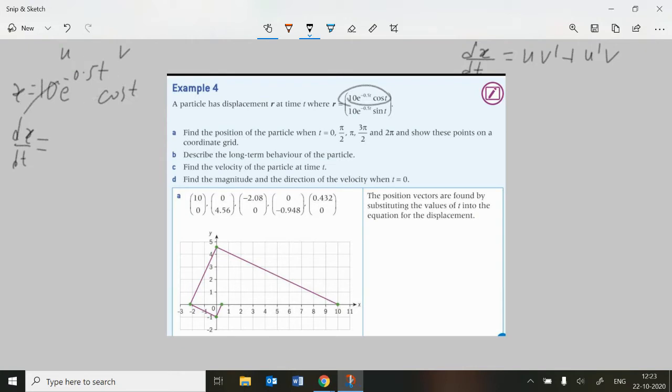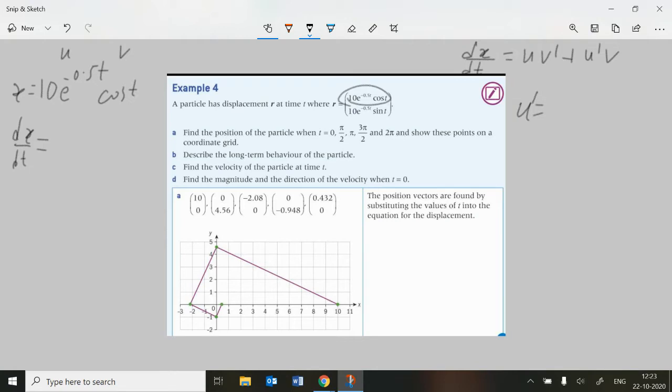Now, we could leave the 10 out and differentiate this and then multiply everything by 10 at the end. Maybe that's easier, but I think most people would probably just take the t and incorporate it in that first function there. So it's worth writing down to the side what u is and what t and what v is. I'm just going to save a bit of time here though, just to say that u dash, of course, is